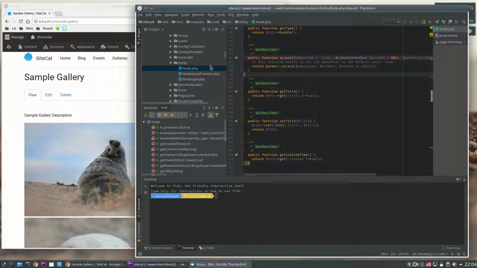And I open the node class in the node module. I go to core, modules, node, source, entity, and open the node entity class. And there is a function called access. And I put a breakpoint and I reload the page. Now, one thing which you need to know